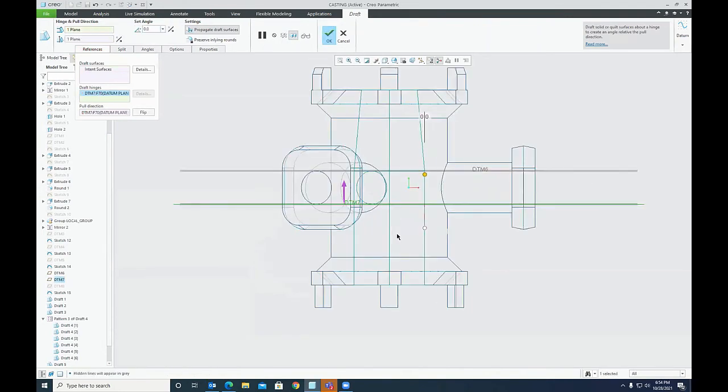So you can see that now the draft I want to apply would be 5 degrees.